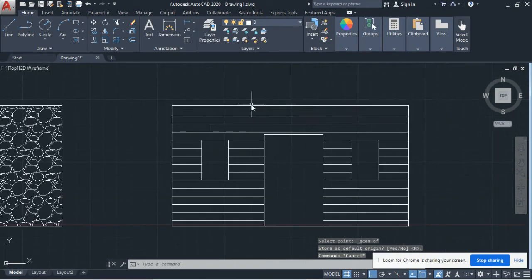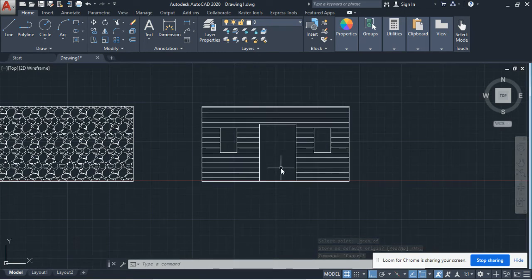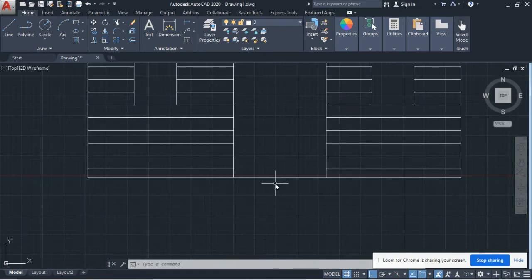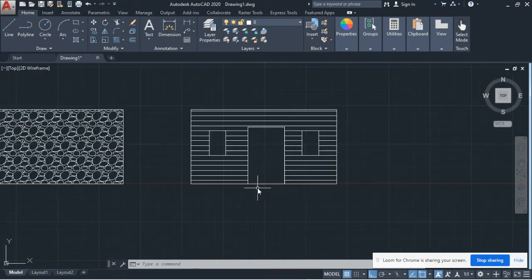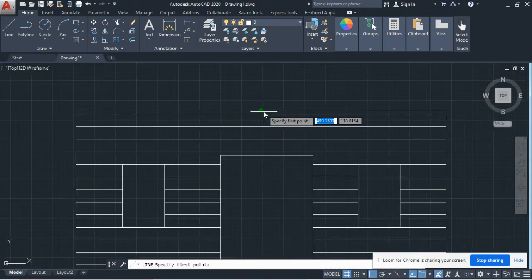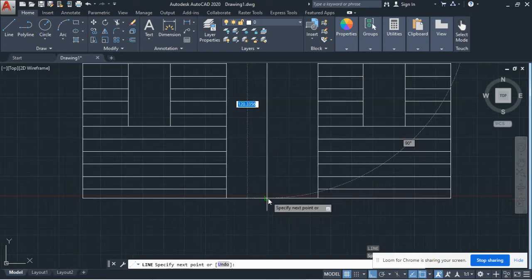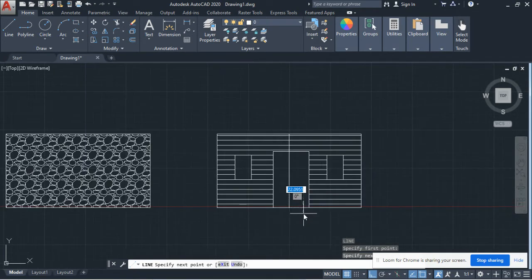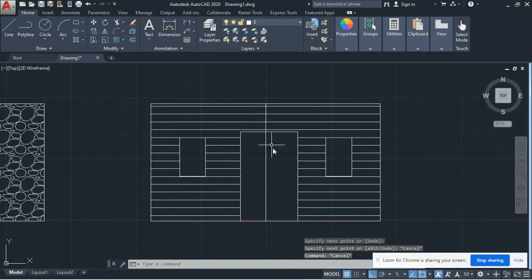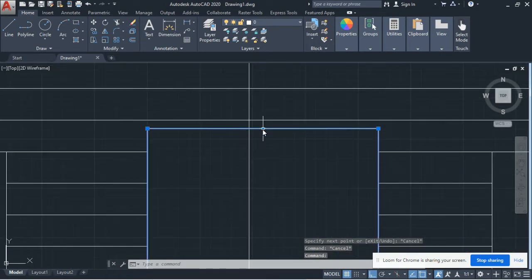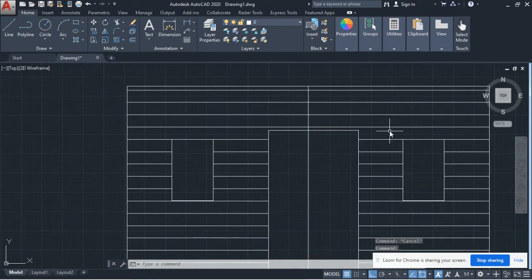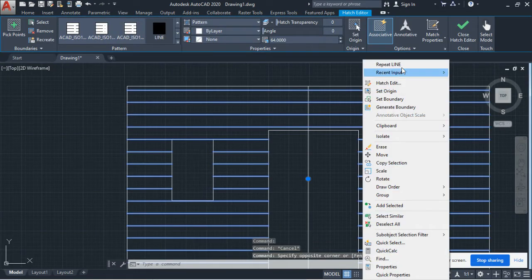I said that, but now the spacing moved up a little bit, so something funny's happening here. But maybe, you know what? I selected the geometric center of the door, which happens to not be in the geometric center of my big rectangle. But let me try that again. If you notice, the door is a little off to the right, and you see by that grip it's not exactly there. So let me erase the hatch